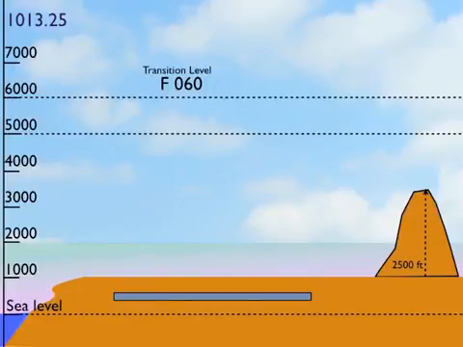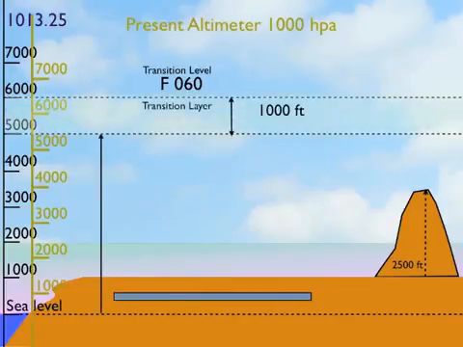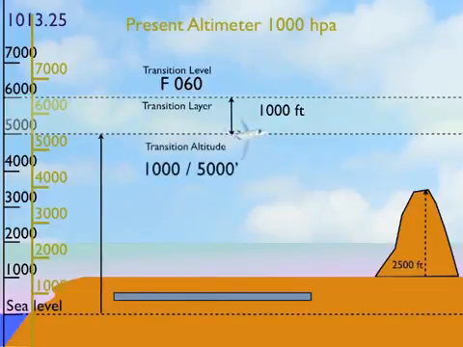Let us take a case where the local QNH is 1,000 hectopascals. If the transition layer was at 1,000 feet, an aircraft taking off changes over to the standard setting of 1013 after reaching 5,000 feet, which is the transition altitude. The altimeter would climb by 390 feet and read